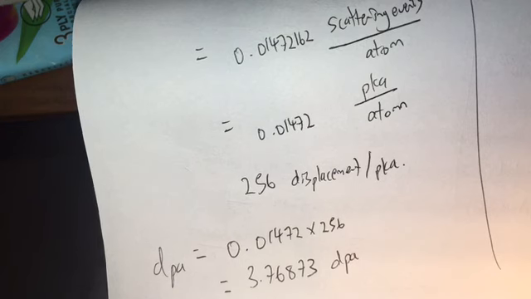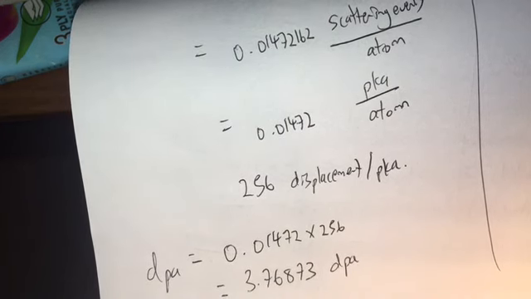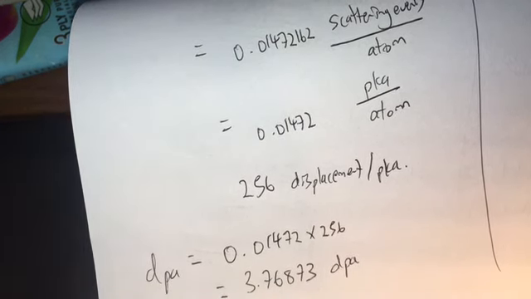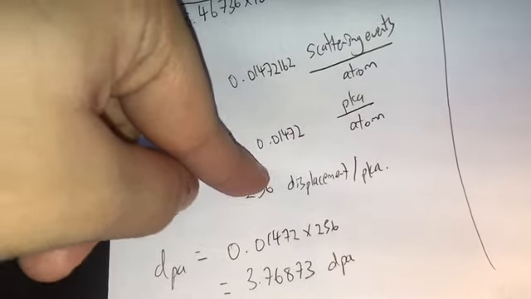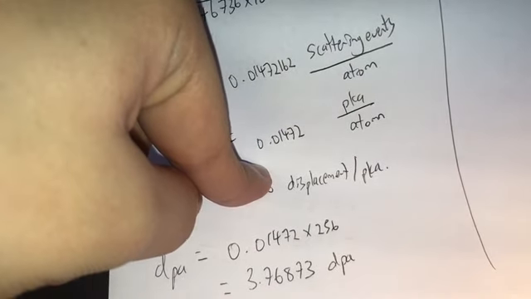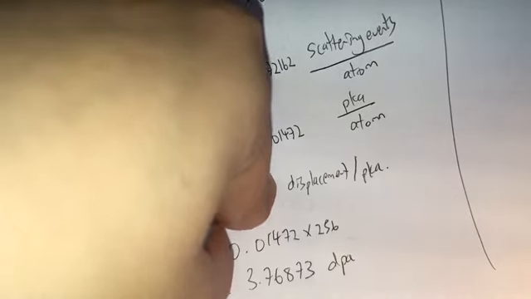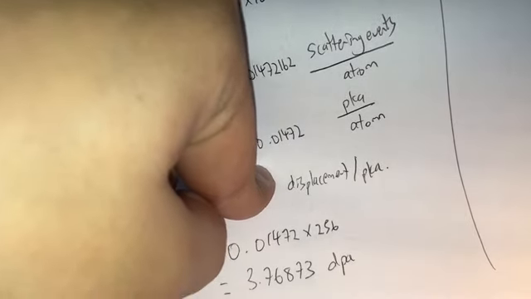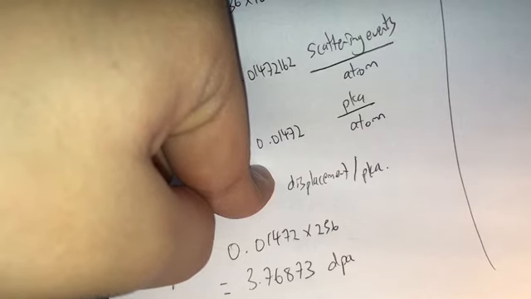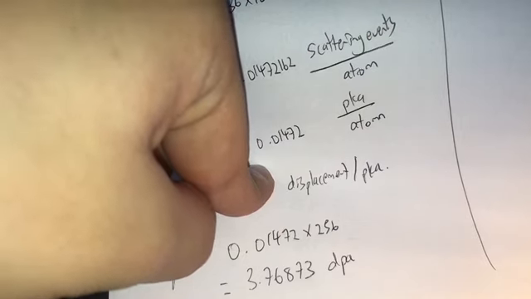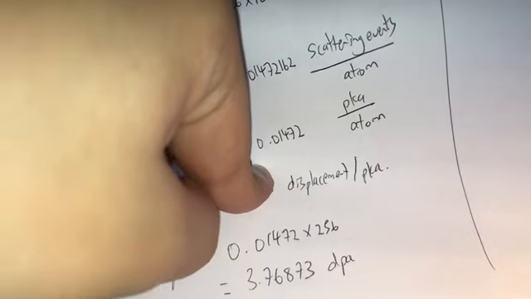So that's, what do you call it? Yeah, that's a lot of dpa, displacements per atom. That means on average, each atom is being knocked from its position 3.7 times. So why isn't the material destroyed in this case? For one,